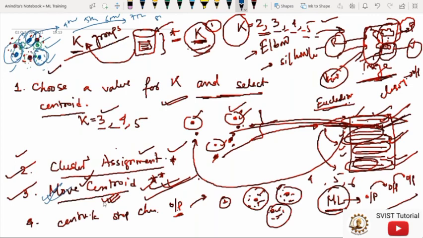This is the meaning of this fourth line: the centroid position will be fixed at a certain point of time. If it is not fixed, we have to keep iterating steps number 2 and 3. We have to assign the data points, change the cluster, change the centroid, and again assign the data points. So we iterate step number 2 or 3. This is the meaning of step number 4.